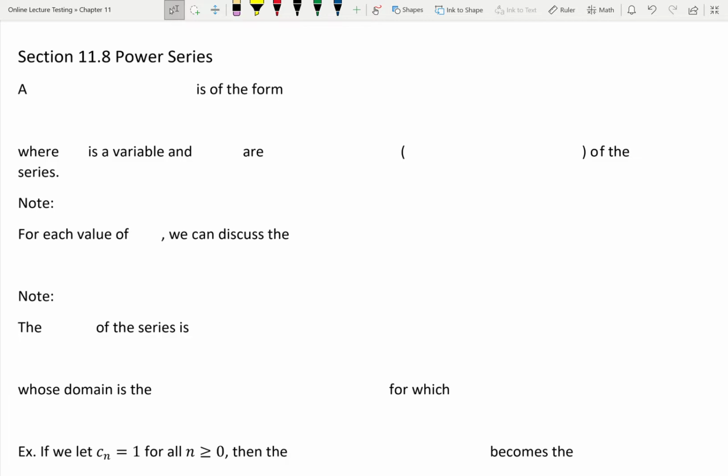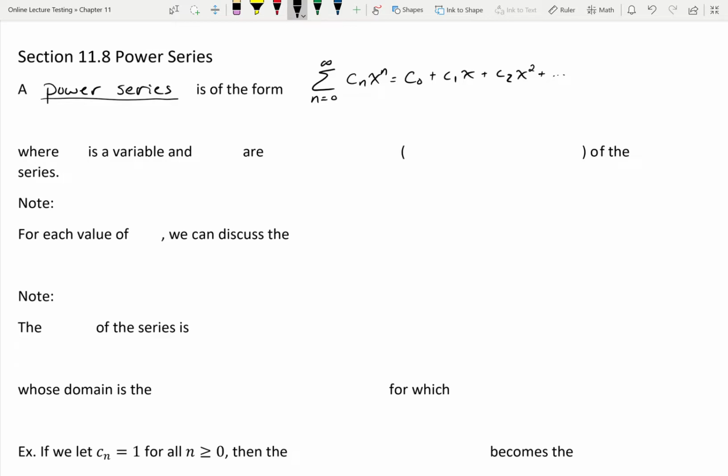So first of all, a power series is of the form the summation as n goes from 0 to infinity. And again, we've seen where this index n equals 0 can change, so depending on where we're at, we can shift that around. But most of the time we will start at 0. And we'll have c sub n x to the n. So this is going to look like c sub 0 plus c1 x to the first plus c2 x squared, and it's going to continue this pattern